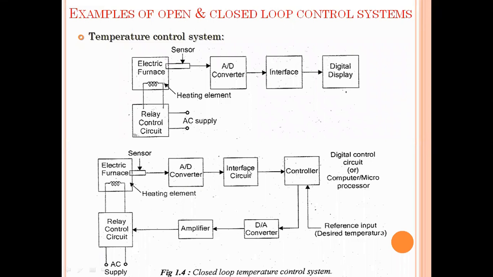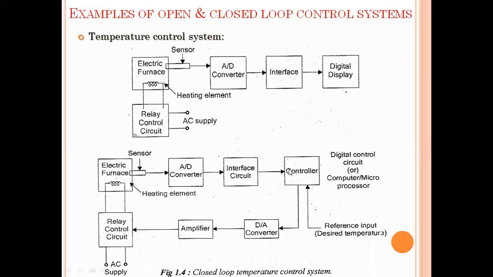And this interface unit converts those digital values into numerical values, which will be displayed here. See, this is a controller and a digital display will also be attached here. So initially the temperature is 30 degrees. Now this controller feeds that value and it is given back to the main system.